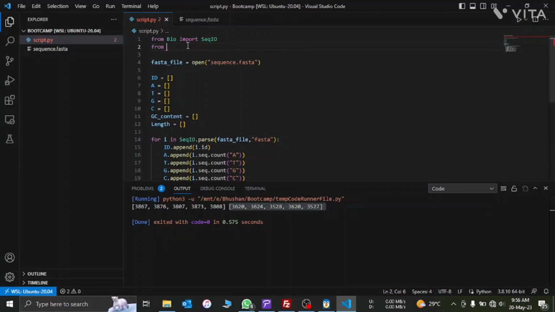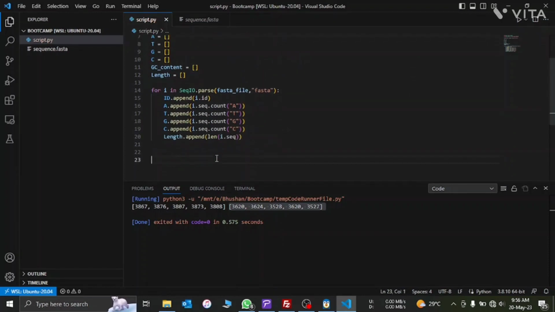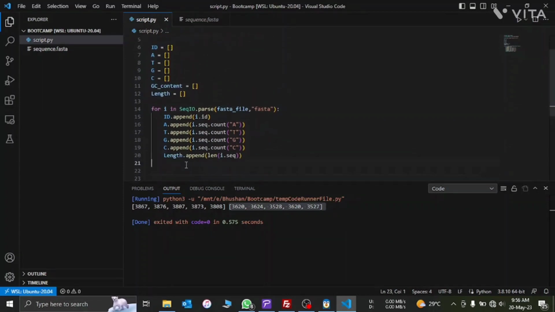For that we have to import from Bio.SeqUtils import gc_fraction. This is it. After that, we have to add the values of the GC content in our list. So gc_content.append, and here goes. First I will calculate the GC content,